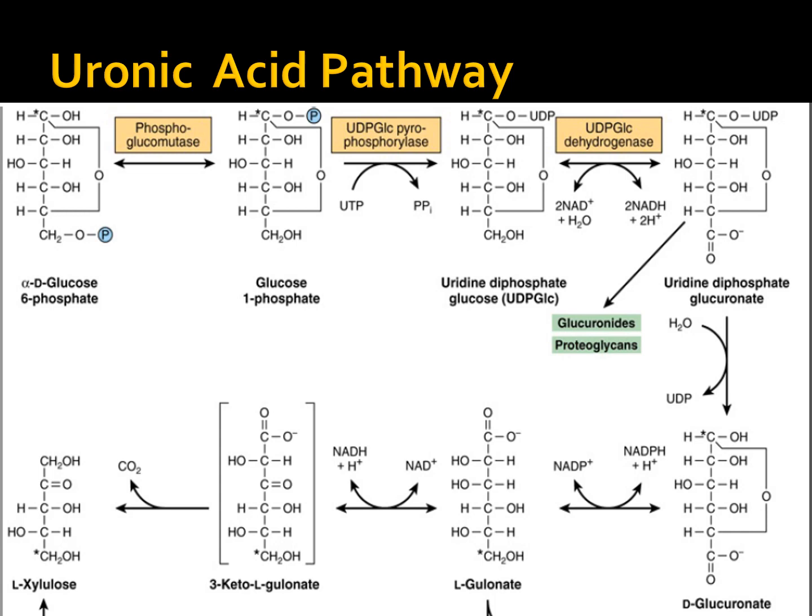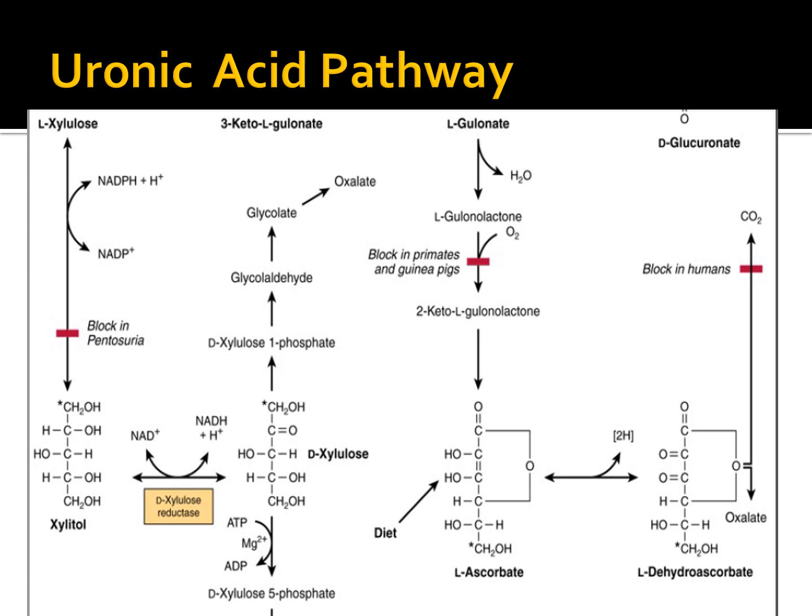It then becomes your glucose 1-phosphate. Then it would become your uridine diphosphate glucose through your UDP glucose pyrophosphorylase. Then it would become your uridine diphosphate glucuronate, then your D-glucuronate, L-gulonate, 3-keto-L-gulonate, L-xylulose, xylitol,